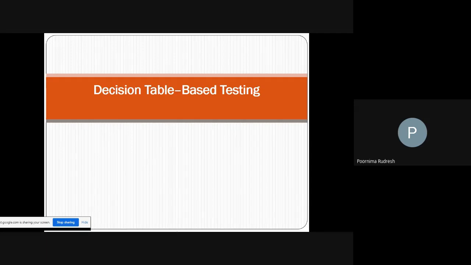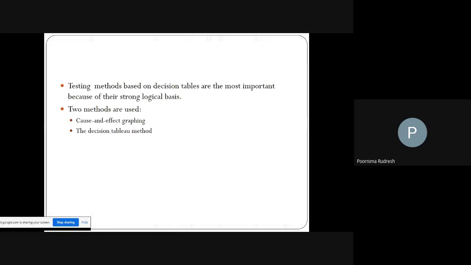Okay, I'll start with decision table based testing. In this chapter, you are going to study what decision tables are and what the different strategies available for decision table based testing are. Then we'll consider the examples of the triangle problem, the next state function problem, and the commission problem, and we'll see how we can write the test cases for decision table based testing. So first, you need to know what the decision table methods are.